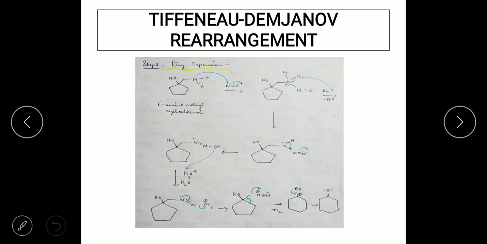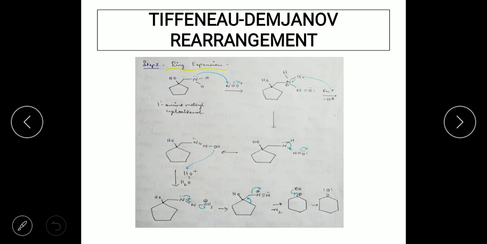So this is how it is going to take place. The lone pair on nitrogen is going to form a double bond with the nitrogen to give N double bond N, and then there is movement of the electrons towards the oxygen to give rise to O minus. O minus is going to grab a proton which is attached to the secondary amine NH, and this is how you are going to get the NOH. That is the alcoholic group you are going to get. Now here you can see the lone pair still exists on the nitrogen.